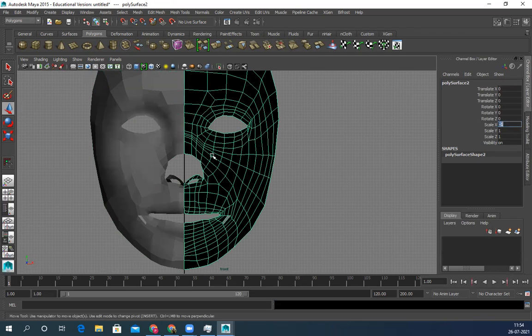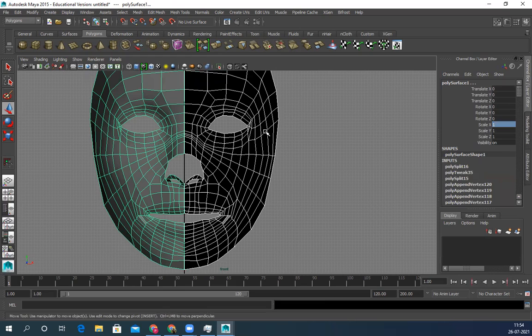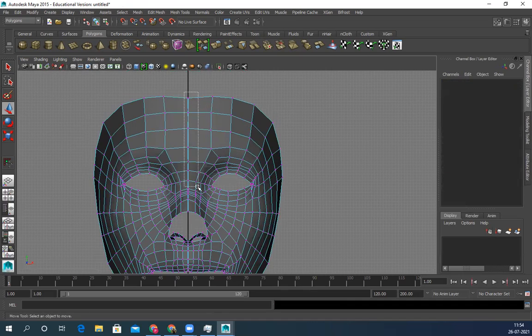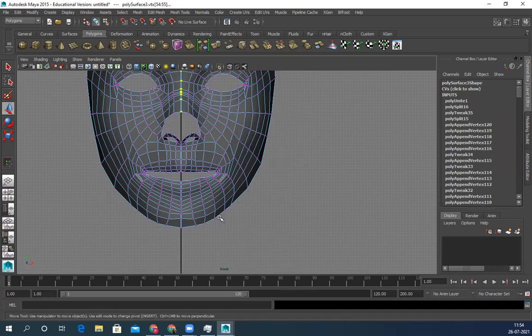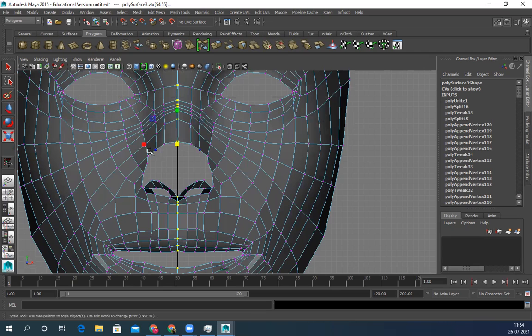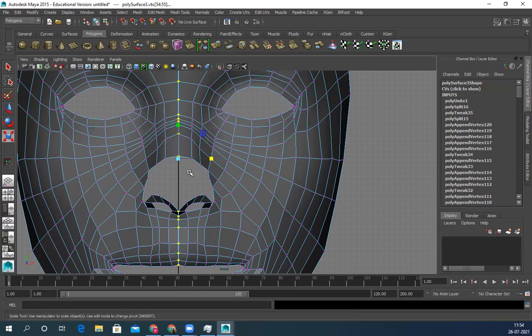You can see the same thing, symmetry here, and then attach them together. This is attach. Click on this vertices. Select all the center points. Selected, scale. This is like an older version, that's why I have to do it multiple times. But in the newer version, you just have to push it in one direction, it will fix automatically.